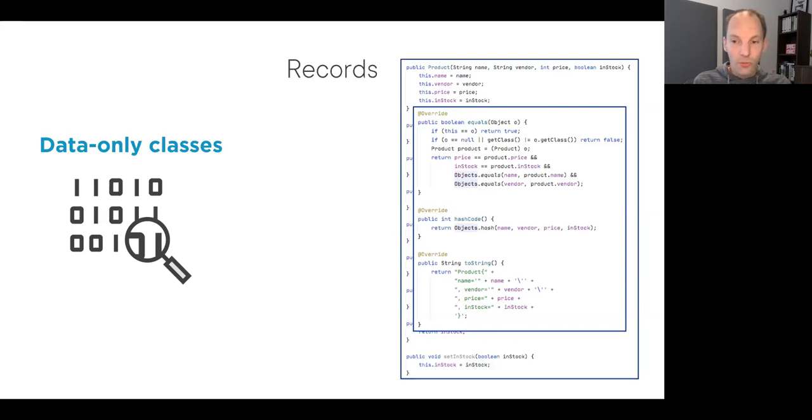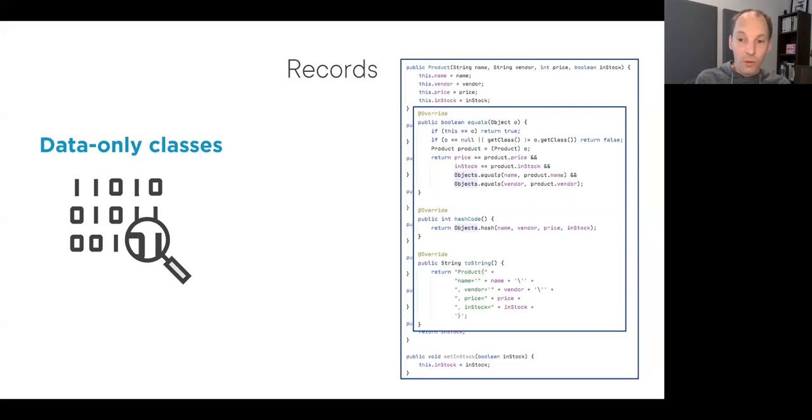So this works, but it's a lot of code for essentially a very simple concept. There are some ways around this, of course. Our IDEs are pretty good at generating this kind of code, but code generation has drawbacks. It can get out of sync. There are also some libraries and tools that help out with this, like, for example, Lombok. But using these kinds of tools also has some drawbacks. So essentially what we would like to have is something in the Java platform that offers this kind of functionality.